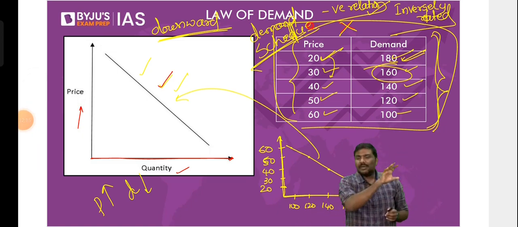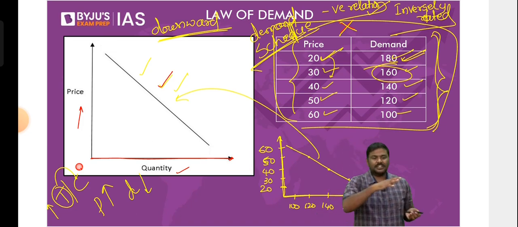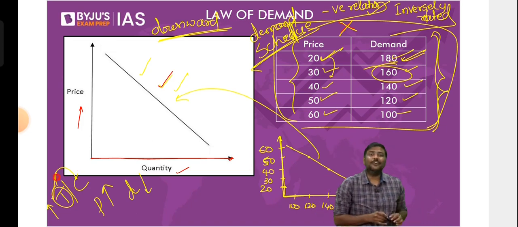And the second reason is simple. If you remember earlier, in the context of tea and coffee, I told you that the price of tea has increased. And when the price of tea increased, you people said, in that case, we'll simply shift from consumption of tea to consumption of coffee. So when you shift from tea to coffee, what will happen to demand for tea? Demand for tea has gone down.